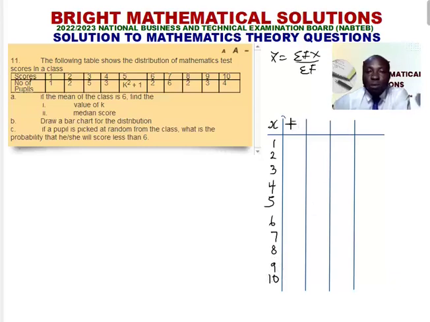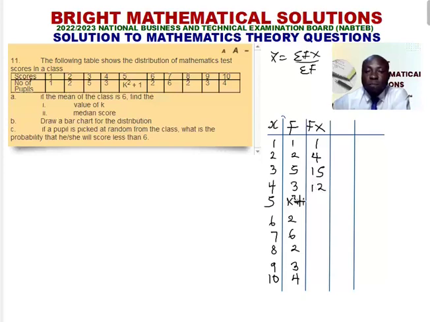So the frequency that we're given is 1, 2, 5, 3, k squared plus 1, 2, 6, 2, 3, 4. The next thing is to look for fx. So our fx, we are multiplying f and x together. So this gives us 1, 2 multiplied by 2, 4, 3 multiplied by 5, 15, 4 multiplied by 3, that's 12,